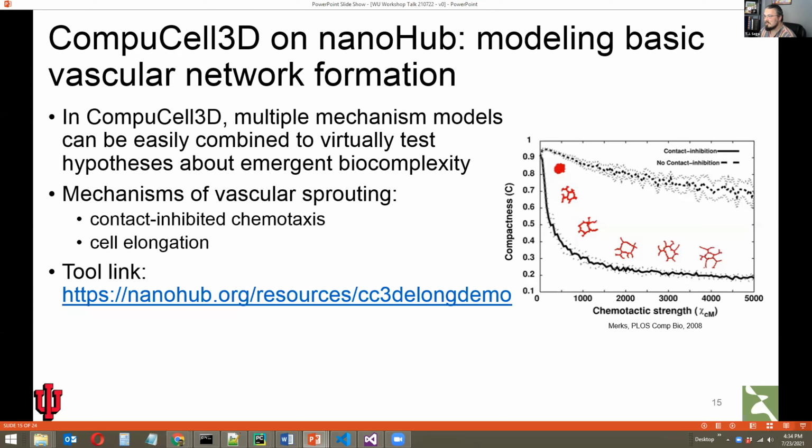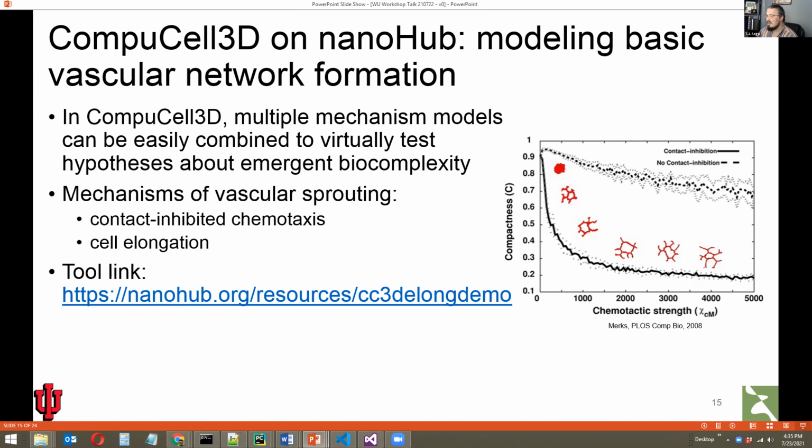So one of the very cool things about doing cell-based modeling in the way that's done in CompuCell using the cellular Potts model is you can take individual model mechanisms, say factors affecting the shape of a cell, factors affecting cell chemotaxis, and then you can combine them quite easily and begin to interrogate hypotheses about what are the responsible mechanisms for emergent phenomena that we see in tissue during development, during disease, and so on and so forth.